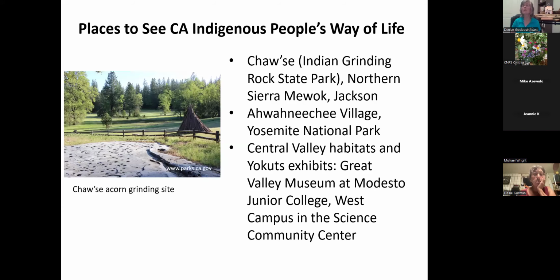Places to see the California Indigenous Peoples' way of life: Este, which is also known as Indian Grinding Rock State Park. That is in North Frontier, in Jackson, up in the Gold Rush foothills. The Miwoks and the Yokas had similar lifestyles, but there were some differences. One was that the Miwoks built their houses out of bark. If you have ever been to Yosemite National Park, I hope you have stopped at the Wanisi Village there by the